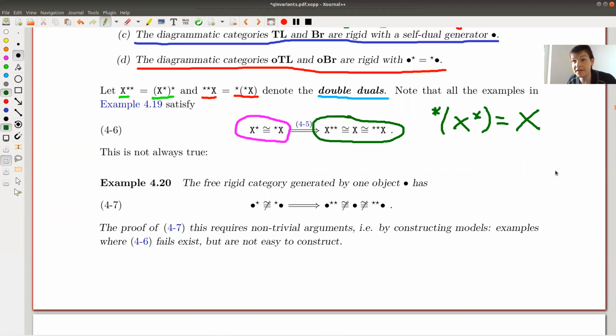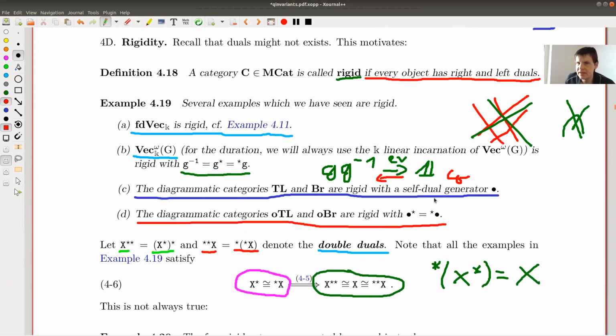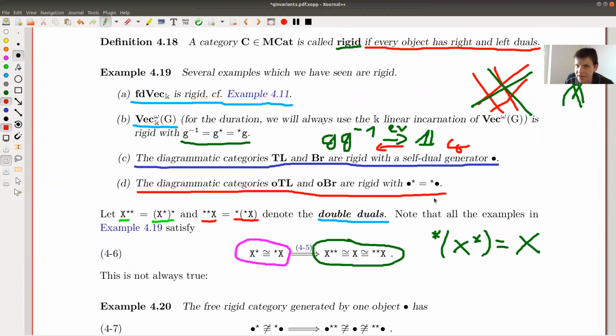So if left and right are the same, then the double duals are always identities. But in general, this is actually not true. So in general, this is wrong. Double duals don't need to be isomorphic to where you started, which is a little bit tricky because